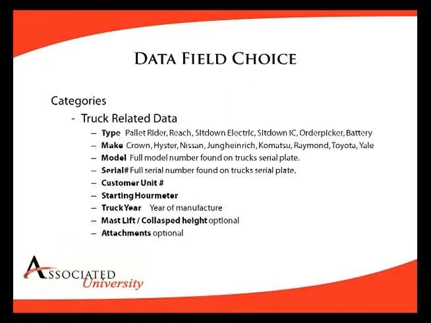An often forgotten field under this category is type. Some examples are shown on the screen. Pallet rider, reach, sit-down electric become important when your fleet is mixed. For instance, if you have Crown reach trucks, Raymond reach trucks, and Hyster reach trucks, it's often difficult to create a report around those trucks when you want to see all the reach trucks. If you include a field called type and give each one the reach truck designation, it's easy to filter and create reports with your data.